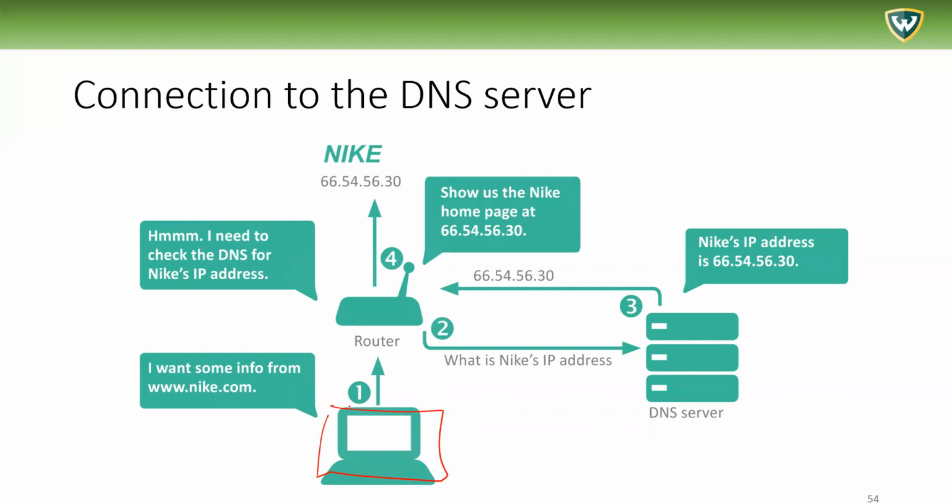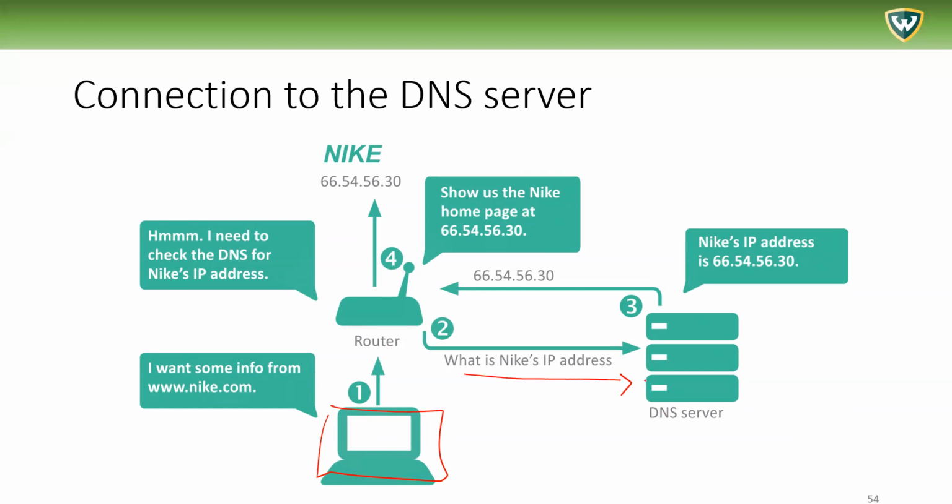The IP address and the domain name of all websites in the world are not stored on your computer. Maybe your computer is brand new. It doesn't really have much information in it. So you make a request to Nike.com. So once you do that, the information has to go to a DNS server, domain name